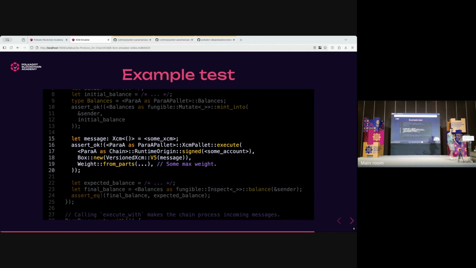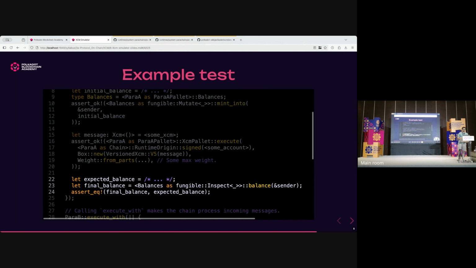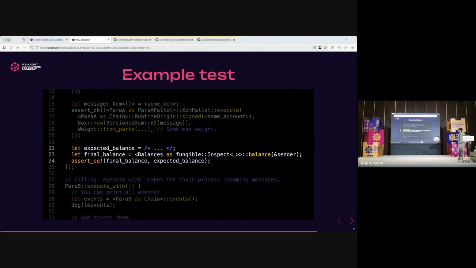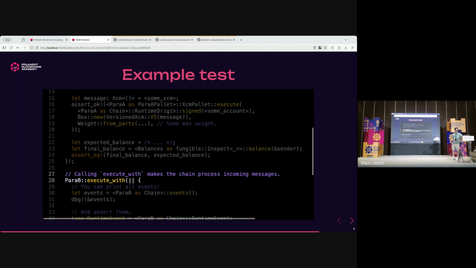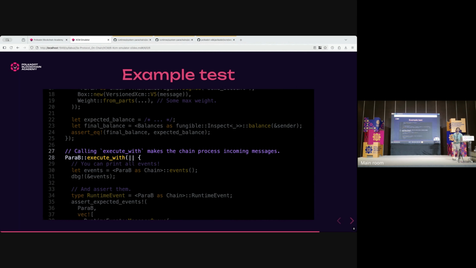So we had the setup, we had the message. Now we can do some assertions, right? So we do balances as fungible inspect. We inspect the balance and we assert the final balance is equal to the expected balance. Then we can go to para B,